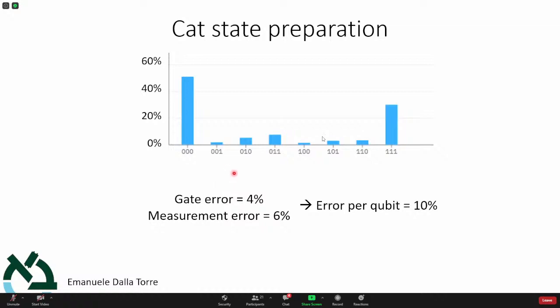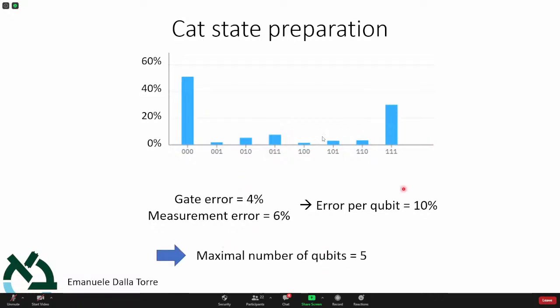So what you understand is that if I'm trying to use all the 15 qubits I have, then the error is 100%. There is nothing left here. So as a thumb rule, I would tell you the following: take how much error you have per qubit, in this case 10%, multiply by the number of qubits. When you get to 50%, then you can throw away your quantum computer. So for these error levels, you can do something useful with, say, 5 qubits. More than that is quite useless.